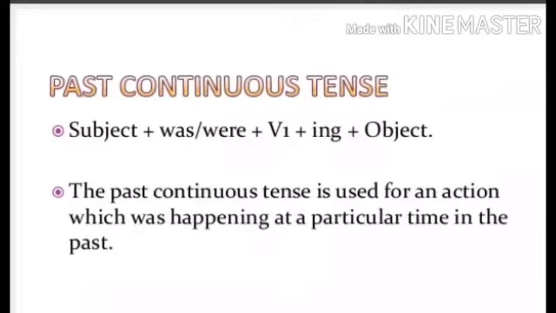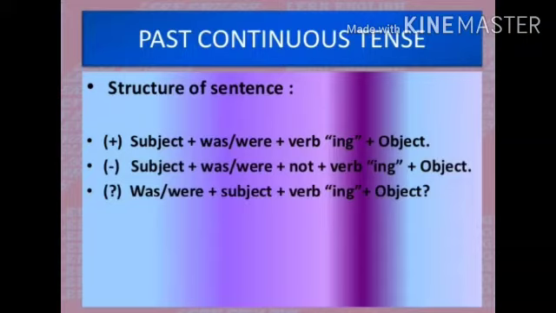Now come to our second kind of past tense, that is past continuous tense. Past continuous tense describes an action that started in the past and was going on for a duration at that time, or you can say was continuously going on at that time in the past. Now move towards the structure of past continuous tense. In past continuous tense, the helping verbs was and were are used. Was is used with singular subjects and were is used with plural subjects.